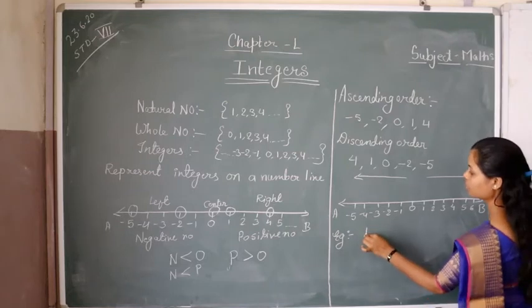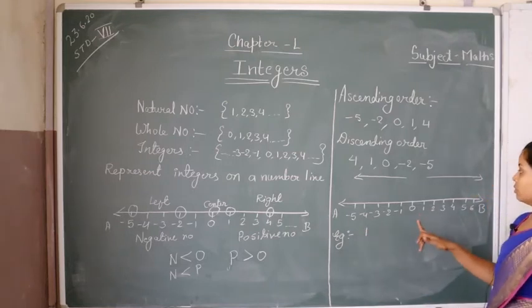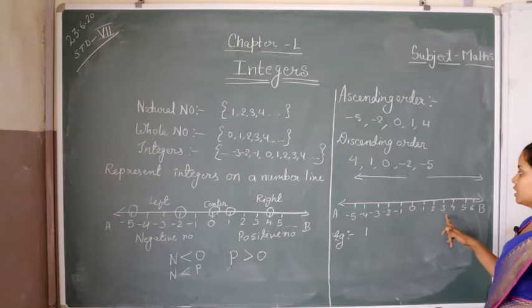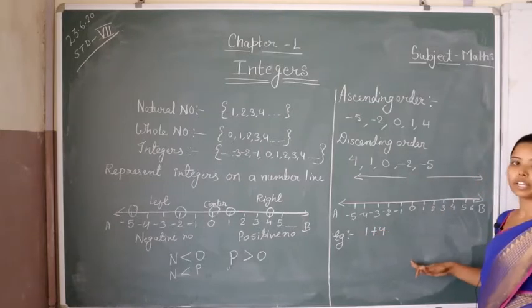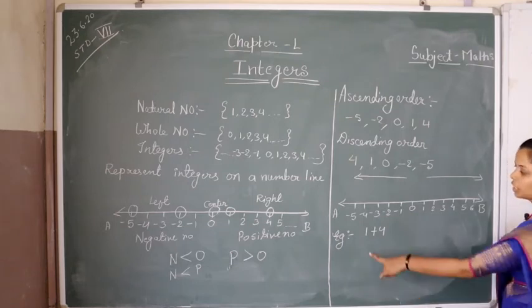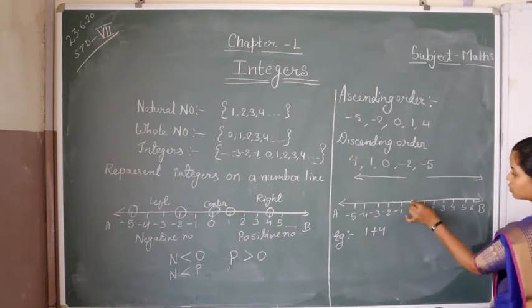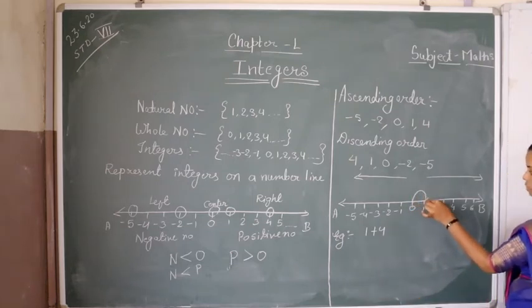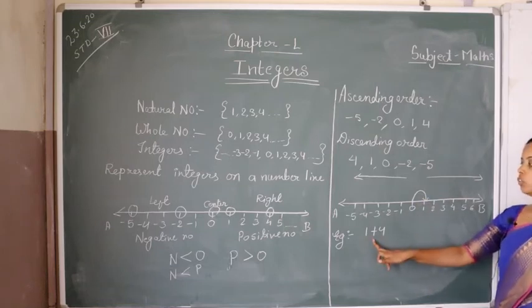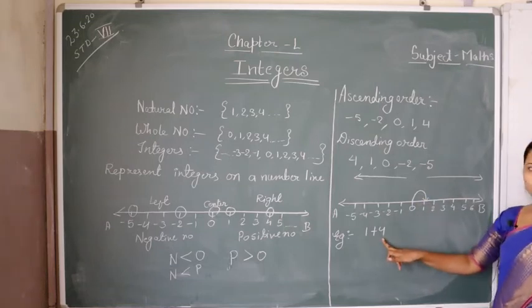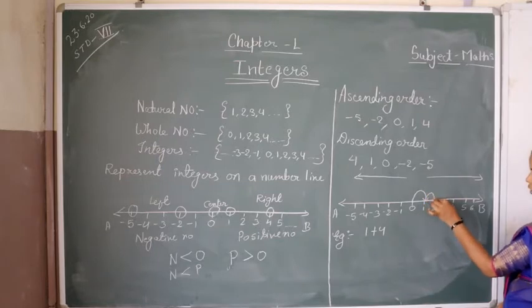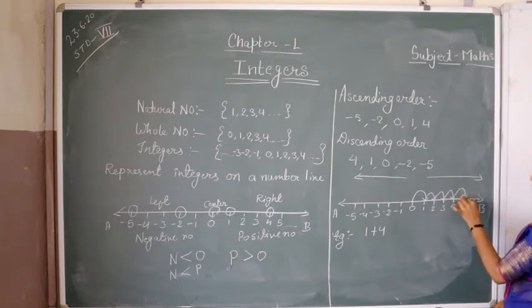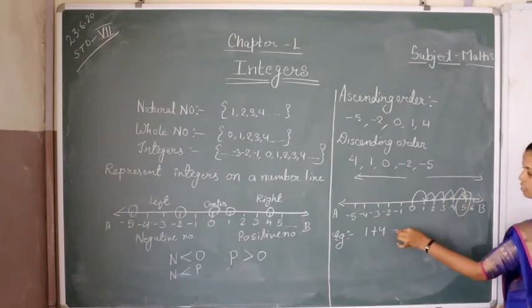Suppose we have a number 1. We add a positive integer here, 4. So what do we get on the number line? Look at here, first number we have is 1. So we go 0 to 1. And now we are adding here 4. So we go to the right hand side by 4. 1, 2, 3 and 4. So our final answer is 5.